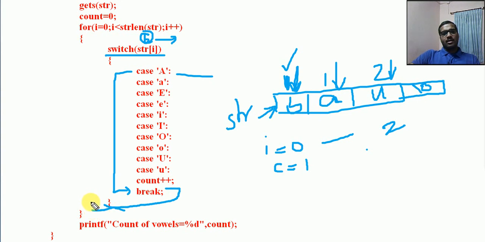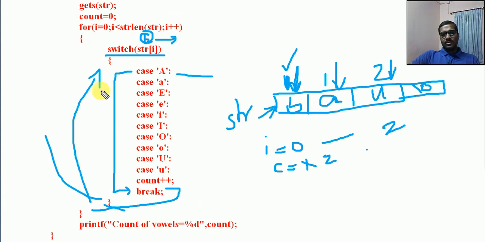Okay, again go for the next iteration, I is equal to 2. Switch on the character. Then check for U. There is a match. Again count plus plus, that is 2. Then break out of the switch. A break inside a switch will break from the switch only, not from the loop.